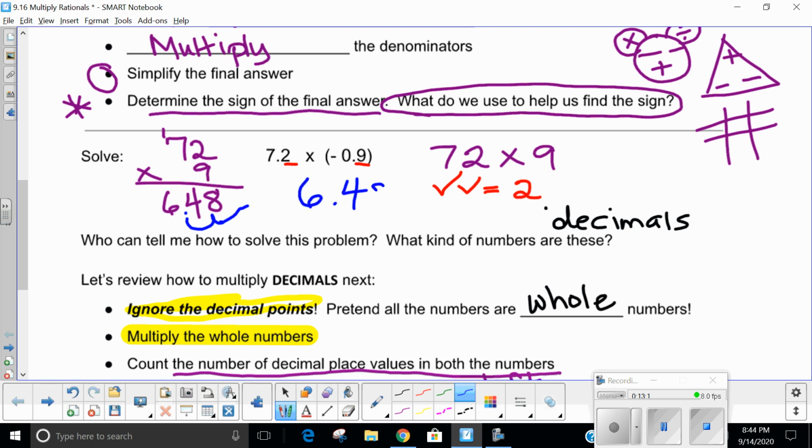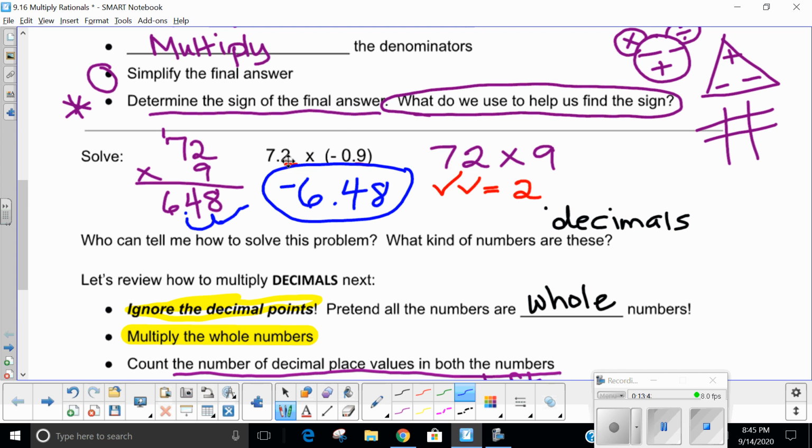6.48, but we have to find out the sign. Is the sign positive or negative? Well, we have a positive times a negative. So if we use the mouse, a positive times a negative equals a negative. So that means my answer has to be negative. The sign has to be negative. So the answer would be